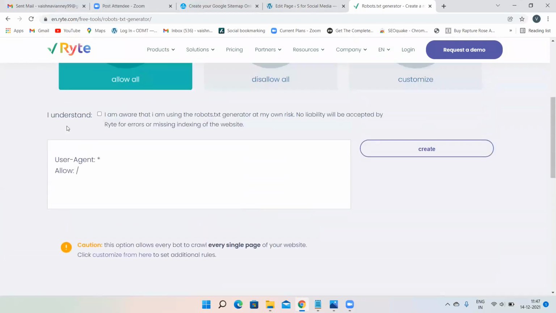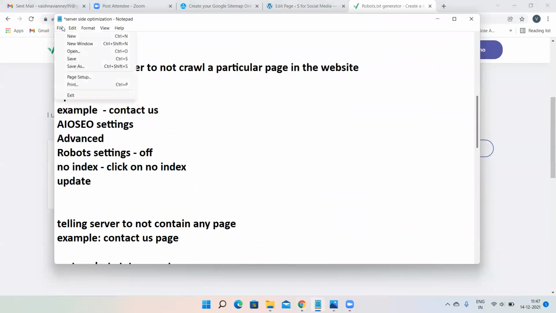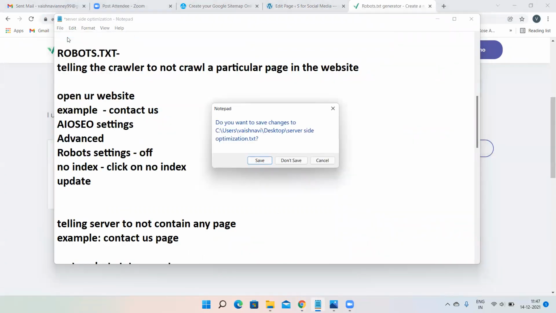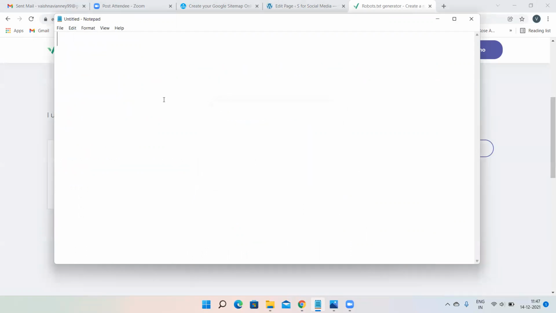Scroll down. If you remember this code, it's okay. But if you don't remember, then just Google robots.txt generator and you'll see this code. After that, go to Notepad, paste this code. Again, which page you don't want on the server, you have to mention that page